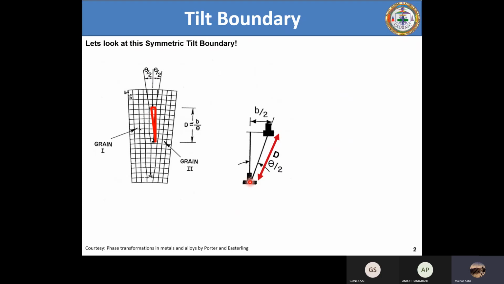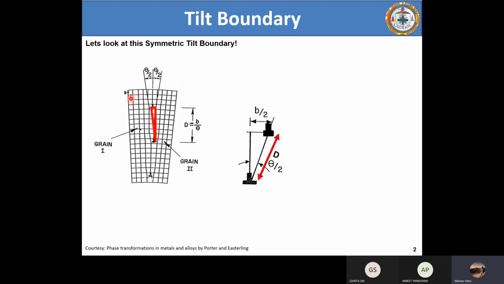Why? Because when you talk of dislocation to dislocation distance, you talk of the upper dislocation and this dislocation here. The distance D is nothing but the distance from the core of one dislocation to the core of the other dislocation. Remember this very clearly. When you have these two dislocations, you can imagine this entire configuration, for simplicity, to be a right angle triangle. The first thing is that D is nothing but the separation between the dislocations, capital D.